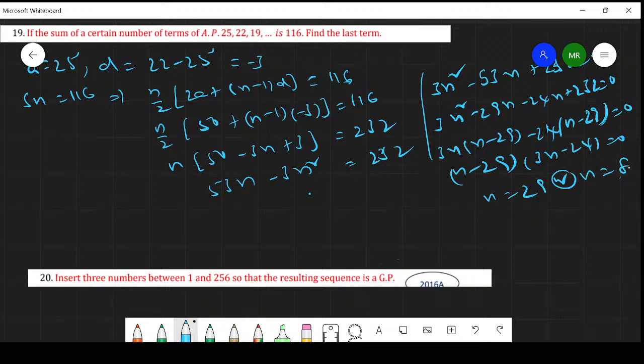If n is equal to 8, it comes correct. N is equal to 8. You can verify when n is equal to 29 or n is equal to 8. You can verify a number of times. Using that you can decide whether it is satisfying or not. If you take n is equal to 8,